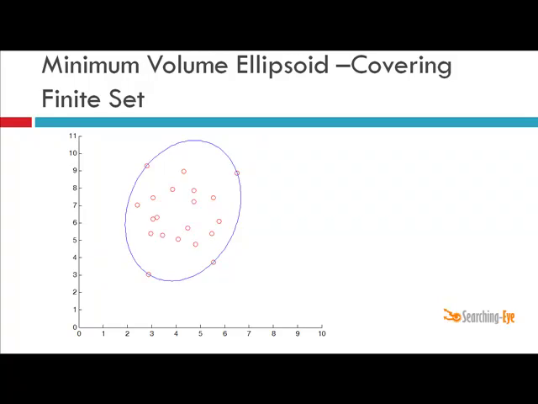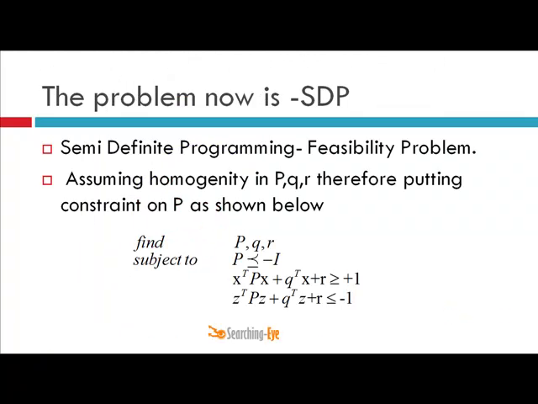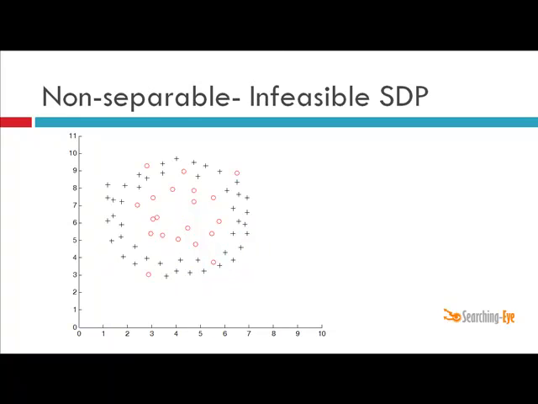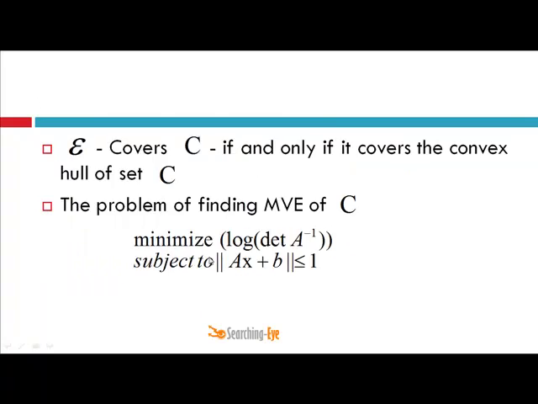So what we did was, we took these 4 points and removed them. We found an ellipsoid covering the set C, and we removed all the points lying on this ellipsoidal surface. Now we are again finding an ellipsoidal surface that can separate the two classes, that is these two classes. We removed these 4 points, and now we will try to solve this SDP